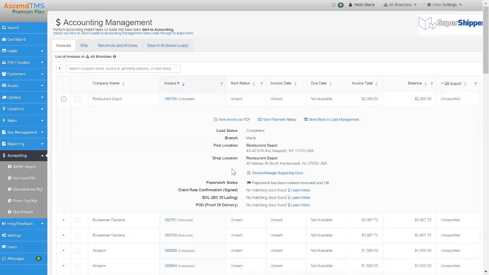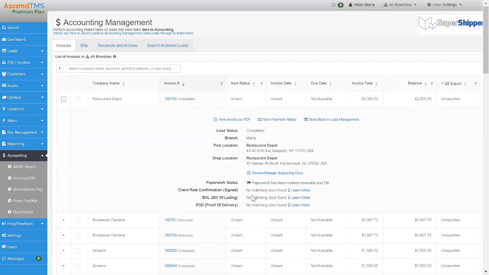But you're going to see that you might not need to do this because when you go to invoice, we have a fail-safe in place. Let me explain a little more of what I meant. So your operations team or whoever leading up to this load coming to accounting for you has been trained on uploading their documents and all supporting documents and how to process those things. Processing a document in Ascend is required in order for it to follow the load into accounting here, so that when you invoice your customer, you have the invoice and all supporting documents going over to them all at one time, which is of course what we want.